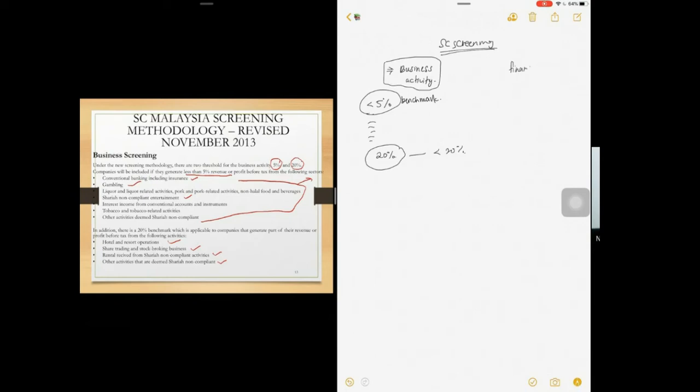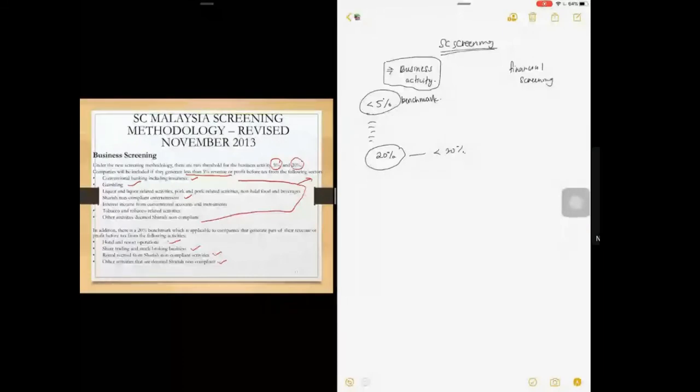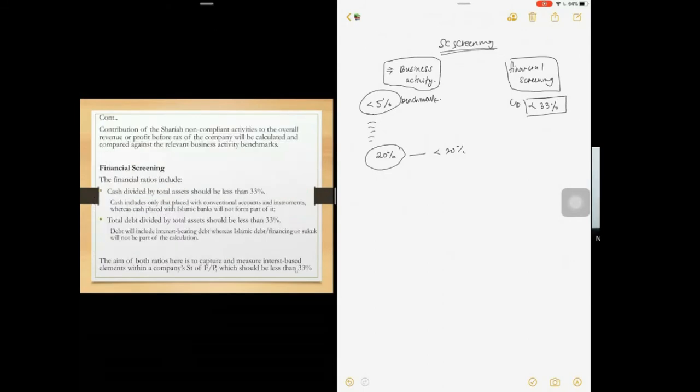Untuk financial activity pula, financial screening pula, dia kena screen semua less than 33%. Maksudnya benchmark dia is 33%. Macam ni awak tengok financial screening. Dia cakap ada dua cara untuk nak buat financial screening ni. Macam tadi IOV standard ada 4, right? Untuk AC screening ada 2. Satu dia based on financial ratio lah, dua-dua ni.